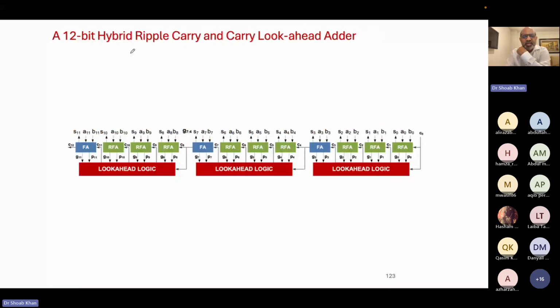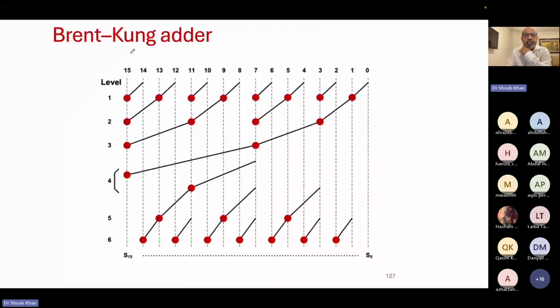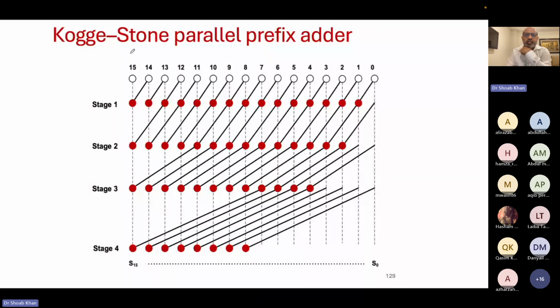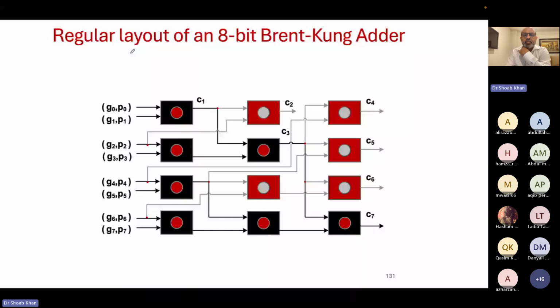Then there is carry look ahead adder, carry skip adder. Okay, you can mix some of the adders, and then you will be amazed to see so many different types of these adders, and with the names of their inventors. Brent-Kung adder, this is Ladner-Fischer parallel prefix adder, this is Kogge-Stone parallel prefix adder, there's Han-Carlson parallel prefix adder, the regular layout of an 8-bit